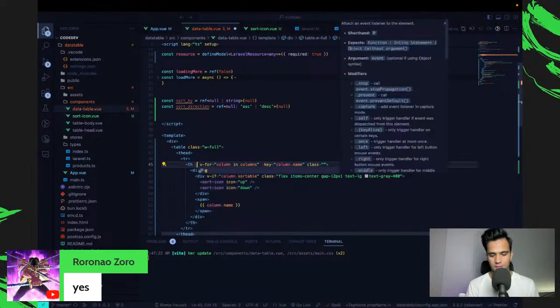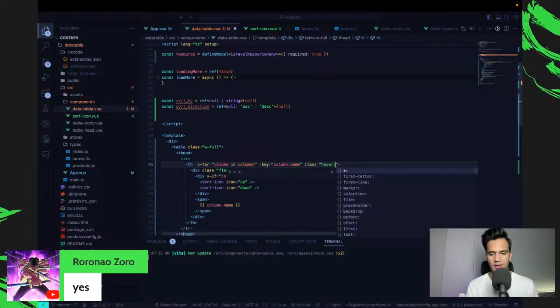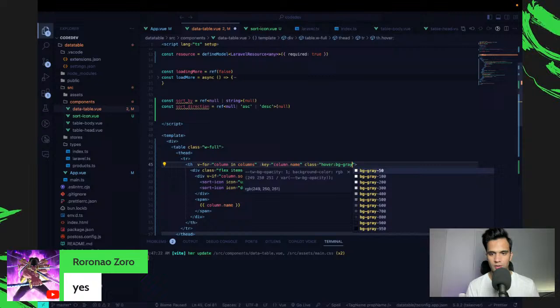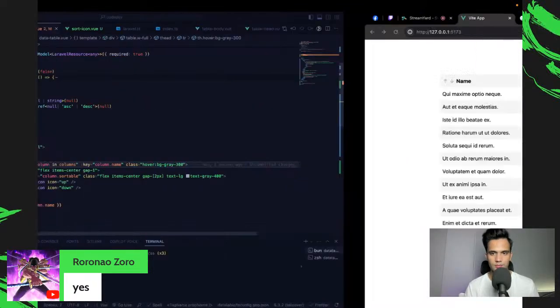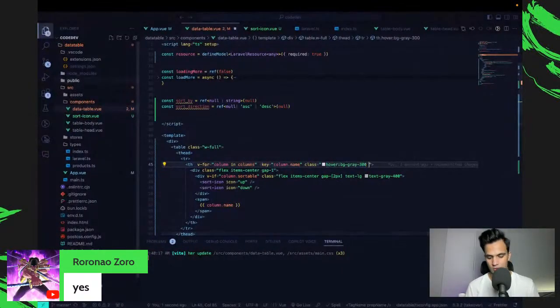First of all, let's give it a hover class. Again, I'm mixing my classes in the CSS section and also inline. So let's say hover background gray 300. Okay, let's just keep it for now. And let's also say cursor pointer.